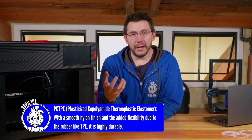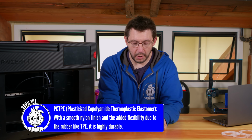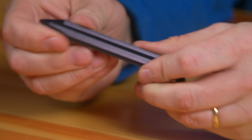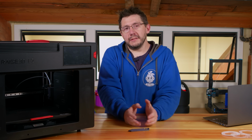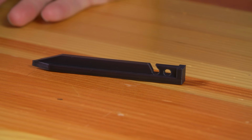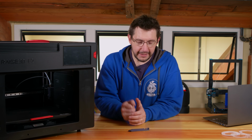PCTPE, which is Tallman's flexible-ish material. It's still incredibly strong, but unlike the nylon, it gives a little bit more. Don't get me wrong though, the print quality on this tent spike is fantastic. If you look at those sidewalls, that is a true definition of an exceptional print. And this is with PCTPE that I dried for days on end just to make sure, which I then thought